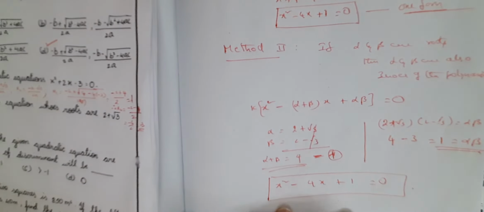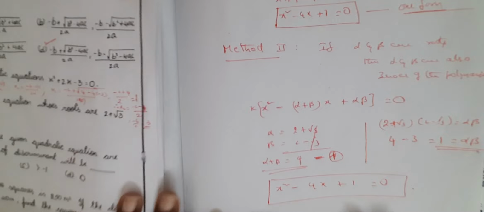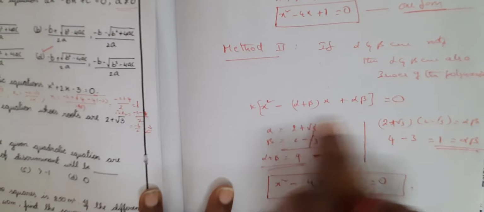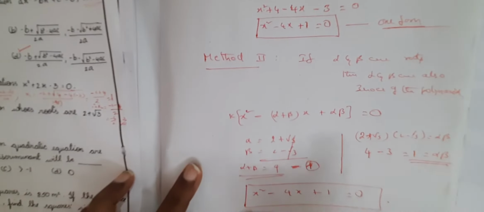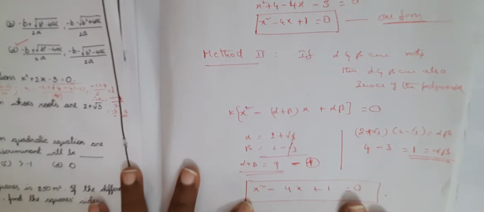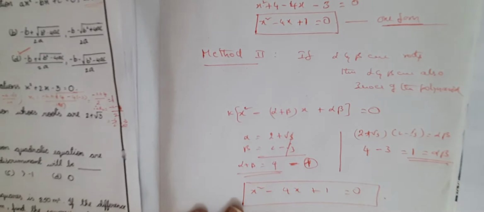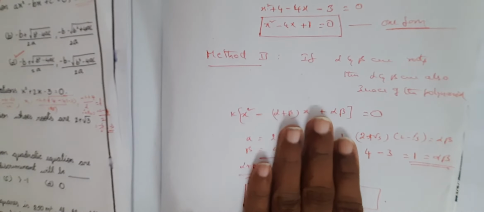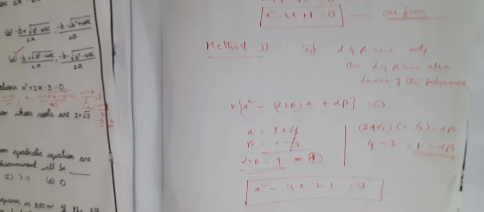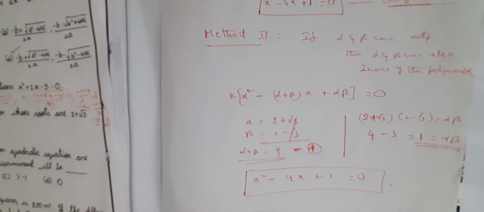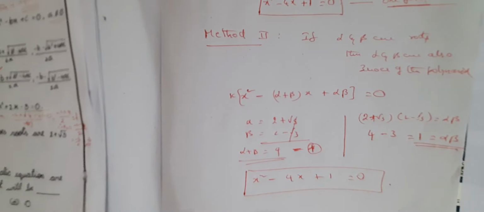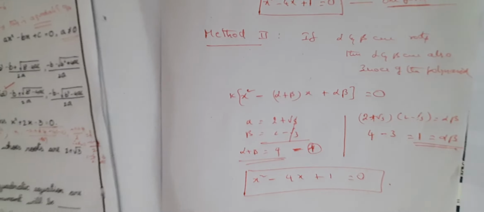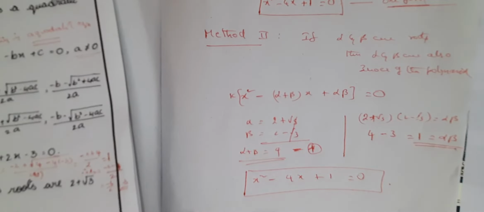Right? So it is very clear that this is one way of finding the quadratic equation when both the roots are known, and this is the other way of finding it. Right? So this is the best way when you know the roots, or when you know the sum of the roots or product of the roots also. In both the cases you can use this method. This is going to save your time also. Right? Yeah, please pause the video and then note down. Very important methods. Both methods are important. And second one is very, very important.